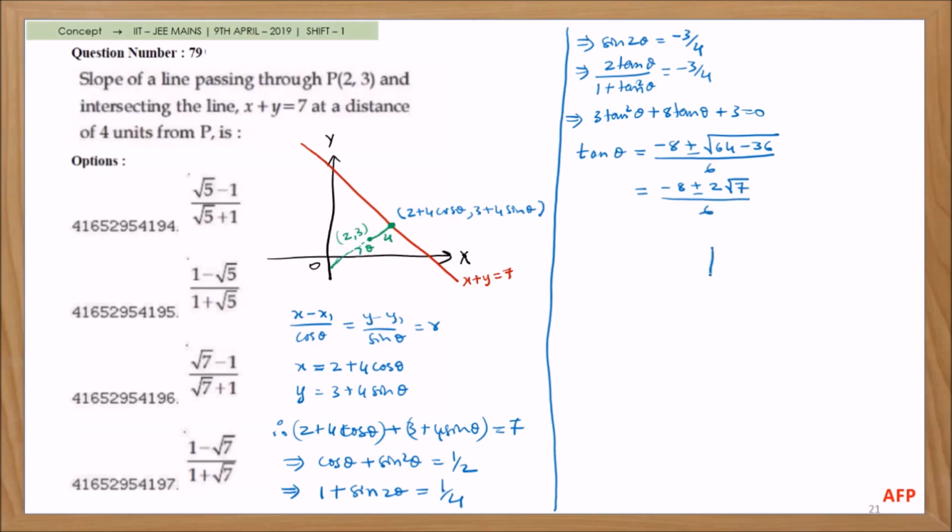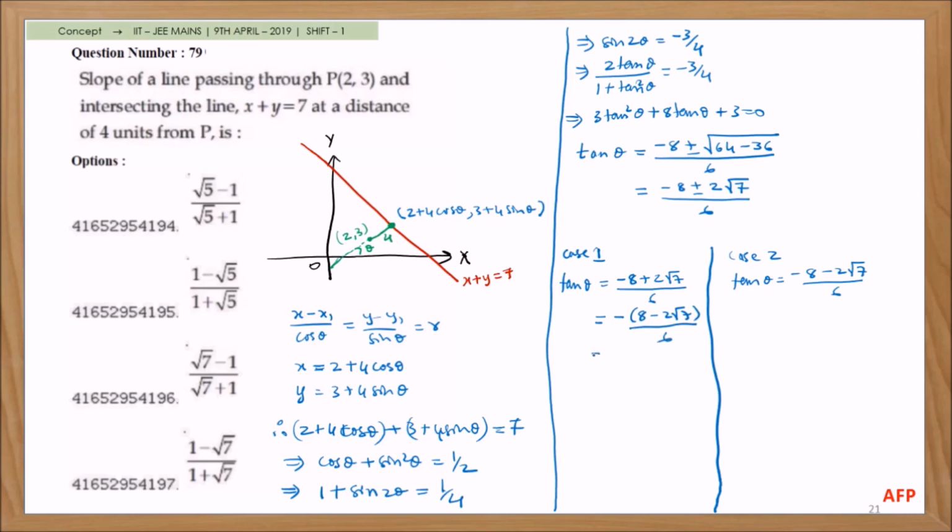Now two cases you will get here. Case 1, where we take the positive side: tan theta is equal to plus 2 root 7 divided by 6. Case 2, tan theta is equal to, so this part we have taken, now here we can take the minus sign outside, 2 times this divided by 6 you got. If you take the minus sign to the other side, 8 and 2 root 7 divided by minus 6 we will write. So this can be written as (1 minus root 7) whole square divided by 1 minus 7 you can write.